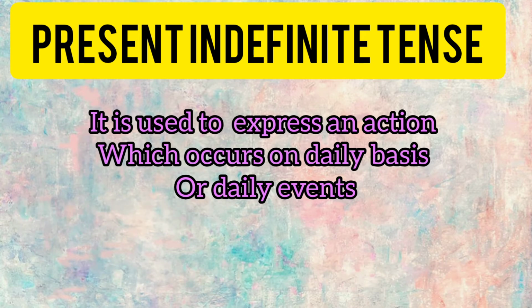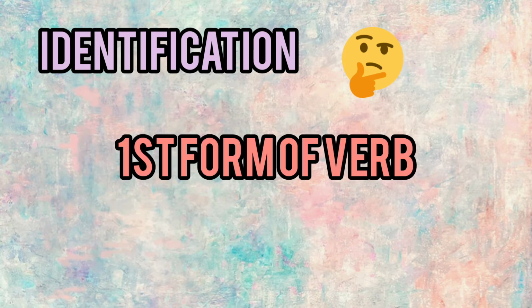And what is the identification of indefinite tenses? How can you identify whether a sentence is an indefinite sentence or not? In English you will find the first form of the verb. The first form of the verb is the main identification of the simple present tense, and obviously it does not have any helping verb in the affirmative form. Or we can say in Urdu we use करता है, करती है और करते हैं, ठीक है, या होता है, होती है या होते हैं.